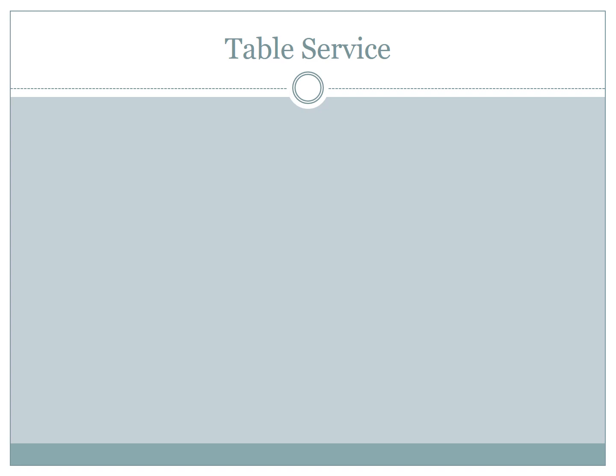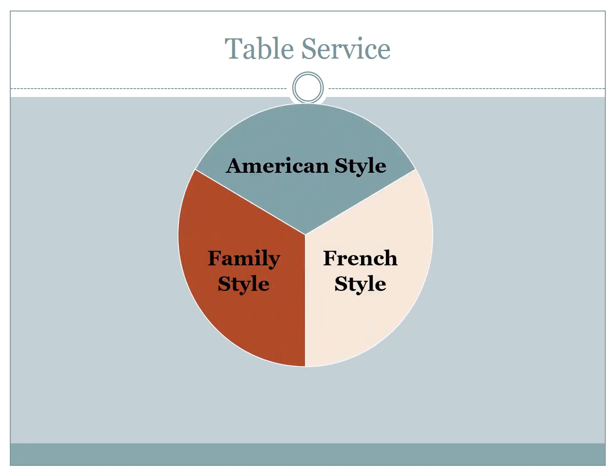Now let's talk about the different nuances of table service. We talked about that in the last slide, what it really means, but there are different types of styles when it comes to table service. It can be, like we said, very simple or very elaborate. The wait staff personnel takes orders from the customer, delivers meals. The most common of table service in the U.S. is often referred to as the American style service.